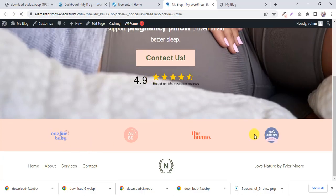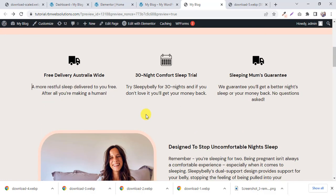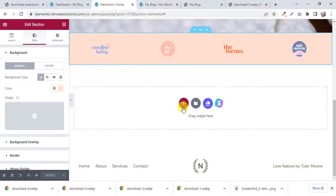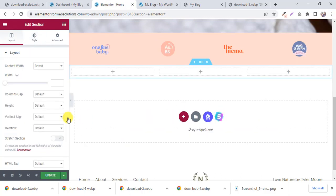So you can see the section is done, and in the third section there is an image. You can use an icon also, and a title and some subtitle or short description. So these are the sections we are going to create, and here you can see there are 3 columns. So we need to take 3 columns. Go back to Elementor and then click on the plus icon and select 3 columns, and then we are going to